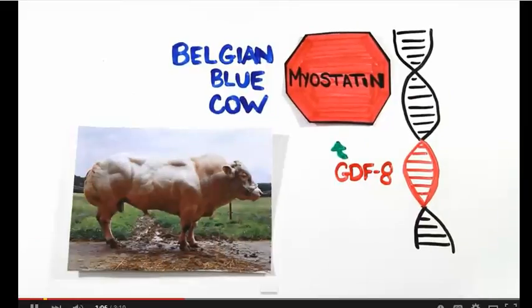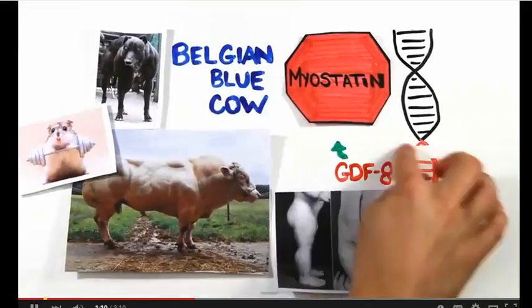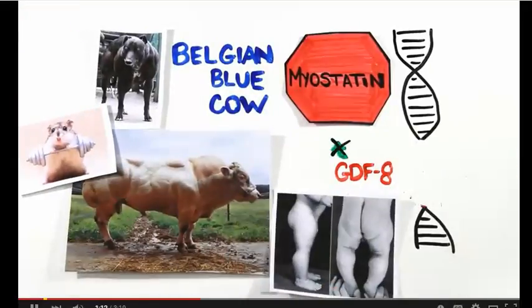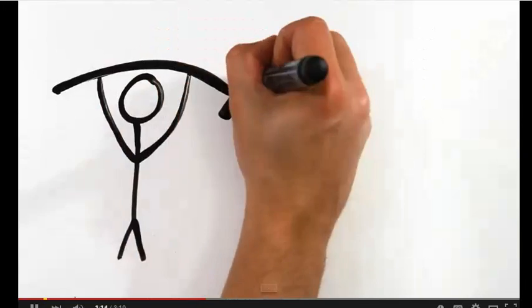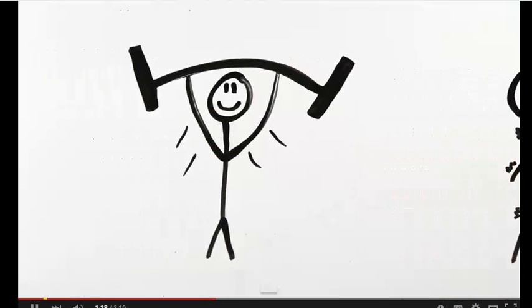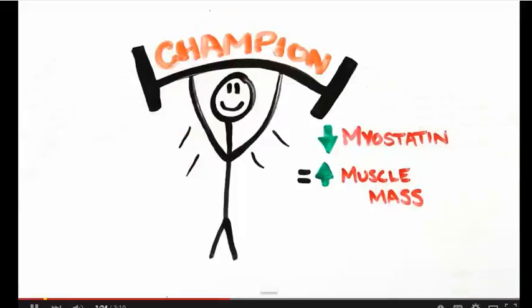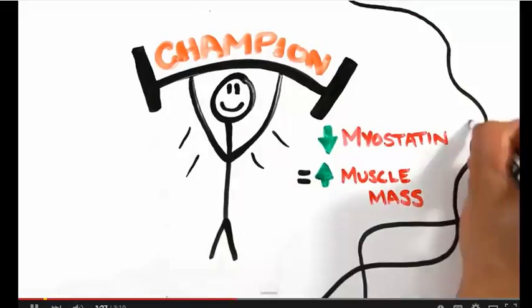Similar cases have been documented in some dogs, mice, and even a few cases of human babies lacking the GDF8 gene. These findings have helped scientists understand why some people bulk up easily while others struggle to. Lower levels of myostatin equals more muscle mass. In fact, some studies have even shown that many champion bodybuilders have naturally lower levels or even entire deletions of